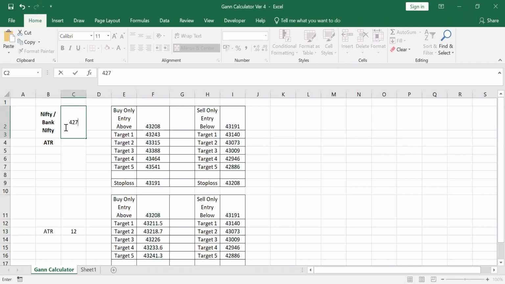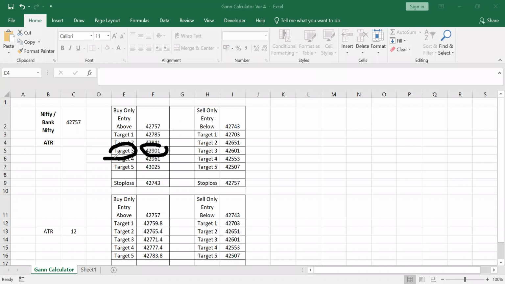This is what you need to put. If you see here, 785, 841. These are the two targets. Above this, the third target is 901. And as I said, if it can cross and hold above this, it can go towards the fourth and fifth